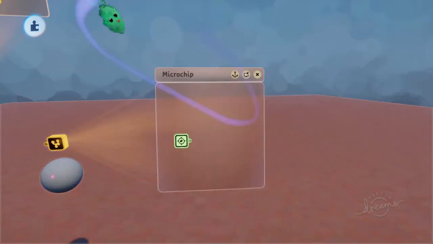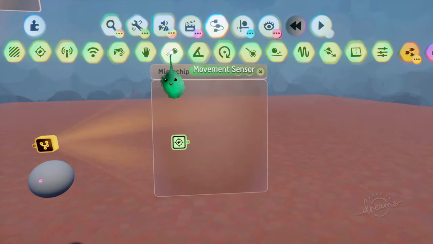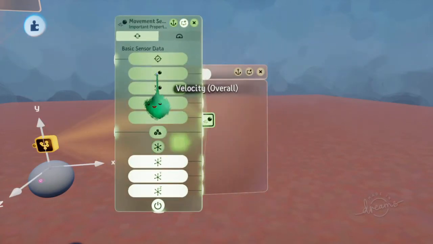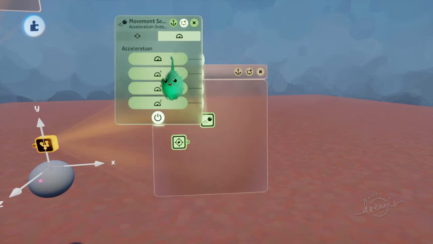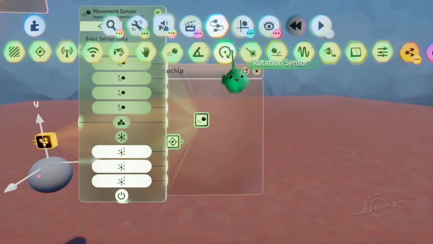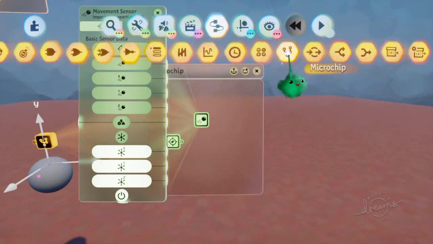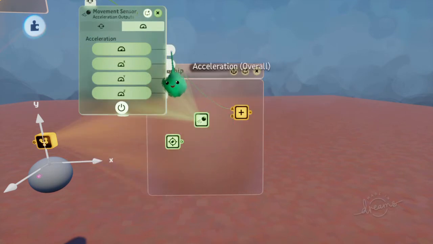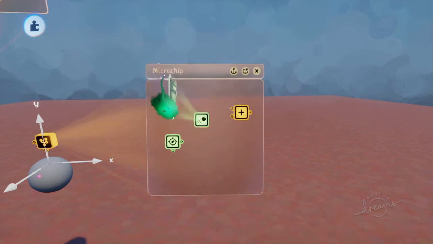What we can do is say that that can only happen if the ball isn't moving anymore. So you want to know if this ball has stopped moving. So we can use the movement sensor and the velocity and acceleration, probably just the velocity actually. But we can probably use both actually. So if we put that into a calculator, and we put velocity into there, and we put acceleration into there,